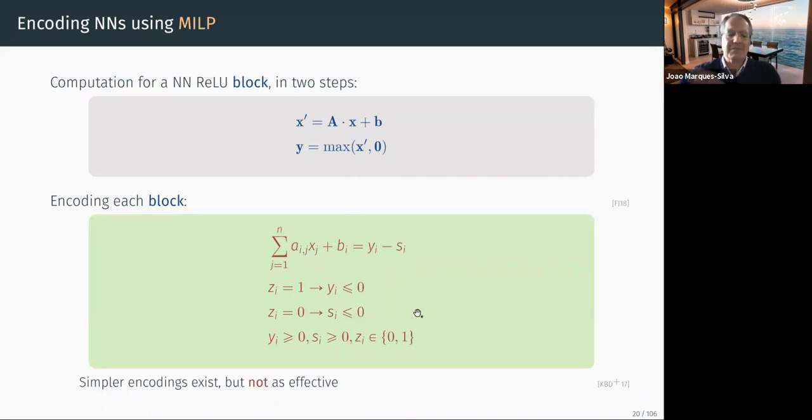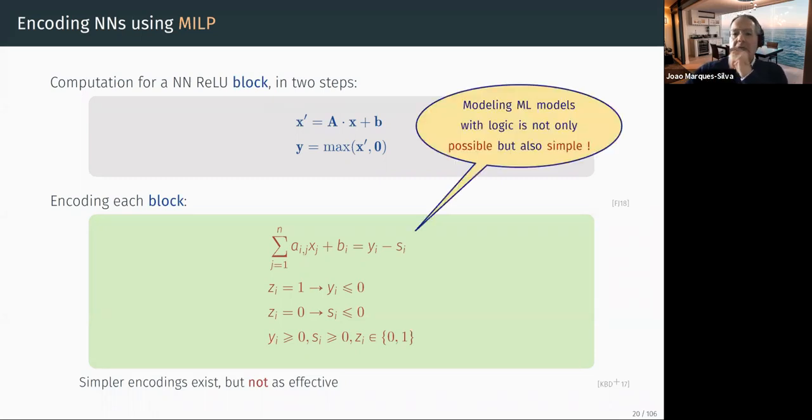Again, this is not the easiest or simplest encoding, but the other ones, as far as people are aware, are not as effective in practice. Okay. Now, again, I've seen over the last 2 years many people saying that logic is a limitation when you are reasoning about machine learning, and that is really not true. You give me or any researcher that is familiar with logic any machine learning model, and we can model it with logic. And usually it's a simple process, as I tried to convey over the last few slides.